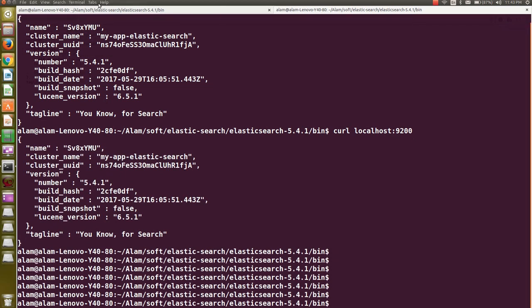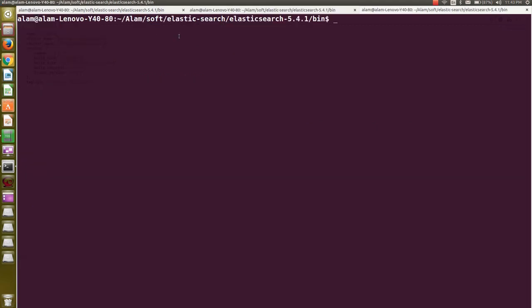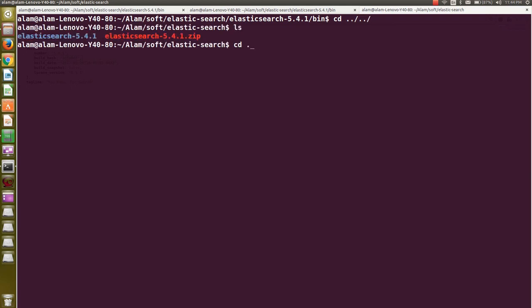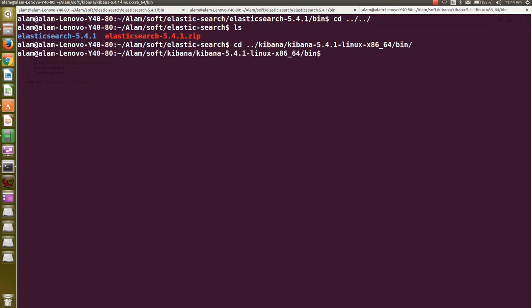So now I'm gonna open a new tab to run Kibana. I will go to the directory, just in parallel of Elasticsearch, go to the Kibana bin directory and start Kibana.